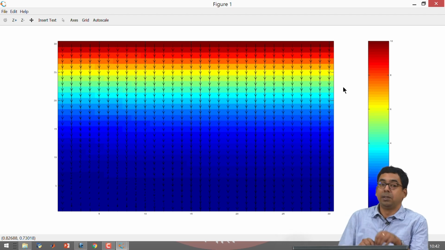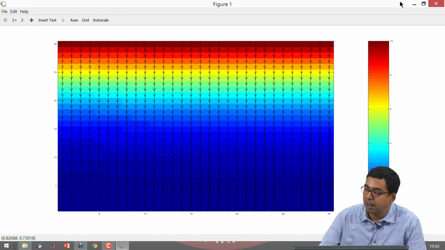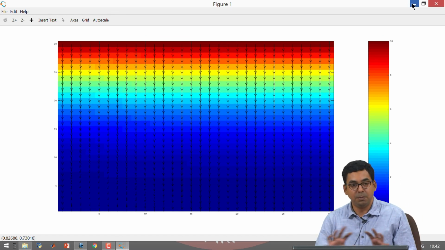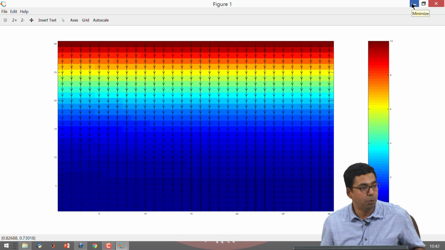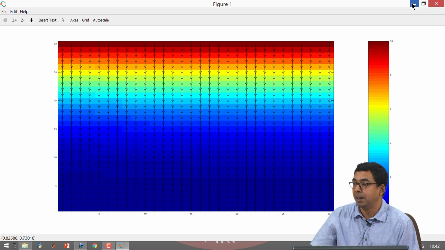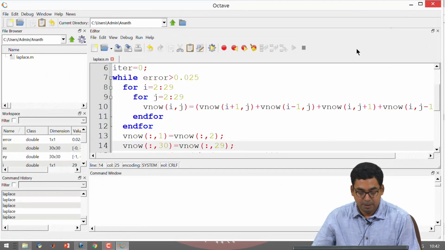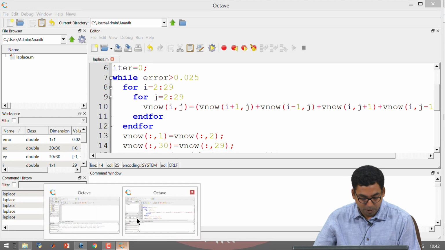Now that you know how to solve the Laplace equation, we need to go back to the equations that we had derived before, which was the wave equation, and try to write down how we are going to solve that. So, let us go ahead and do that now, and we will wrap up our class once we get the expression for the value of voltage in the case of the wave equation that we had derived in the first or the second class. Okay. So, I will go back to my notes.